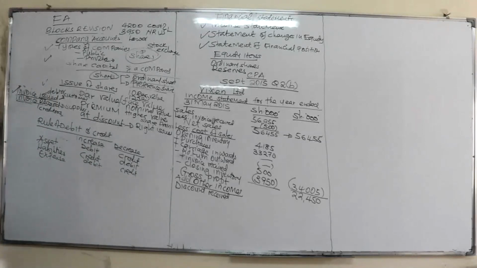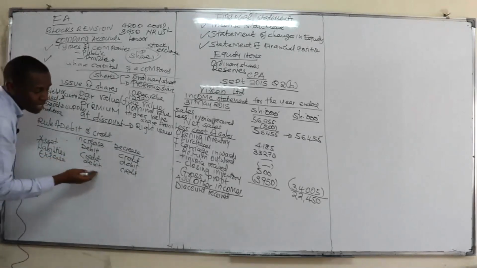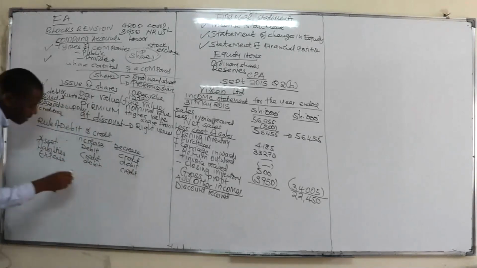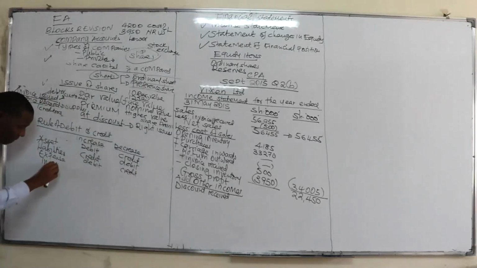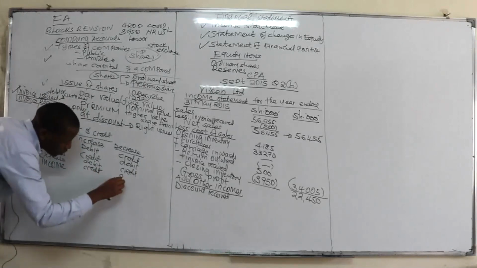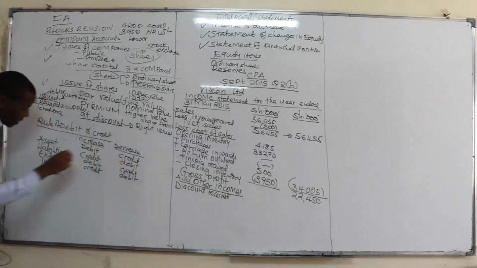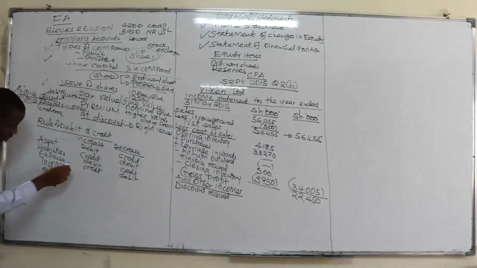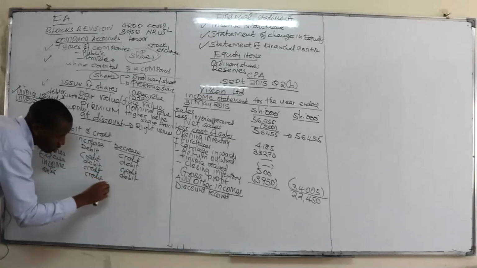for something that you received benefit of. For example, advertising. You advertise for something in order to benefit you. And that's why we are debiting it, then we credit that. If it is an income, you will credit, then you will debit. Then if it is sales, you will credit, then you will debit.